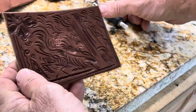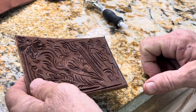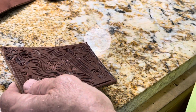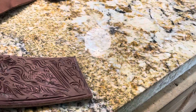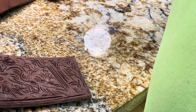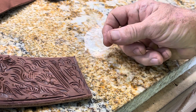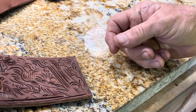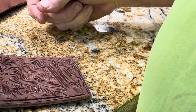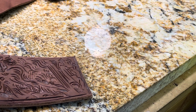See all that right there? That's just me practicing. I bought a couple of different swivel knives. You don't need to go buy, you know, a $100 swivel knife to get the basics. You need to learn how to sharpen the ones you have, and then you can upgrade later, if that makes sense. The craft tool people, which is Tandy,